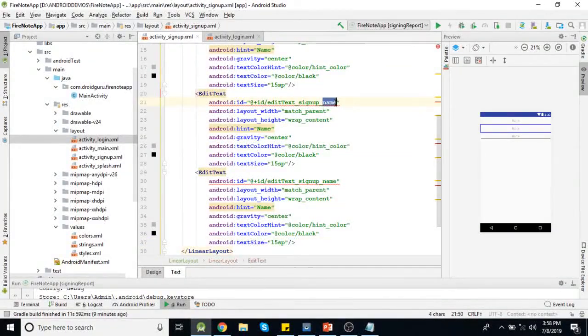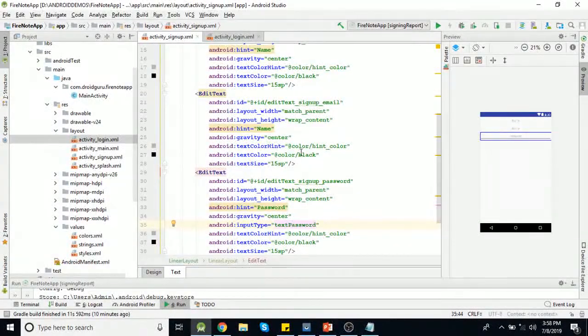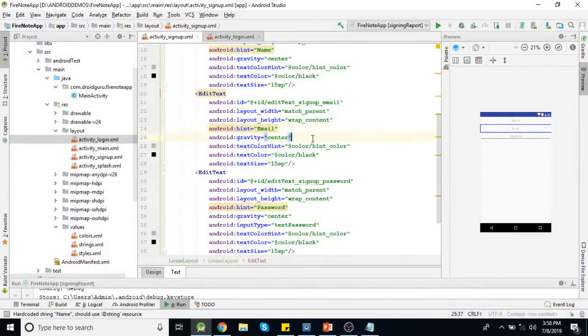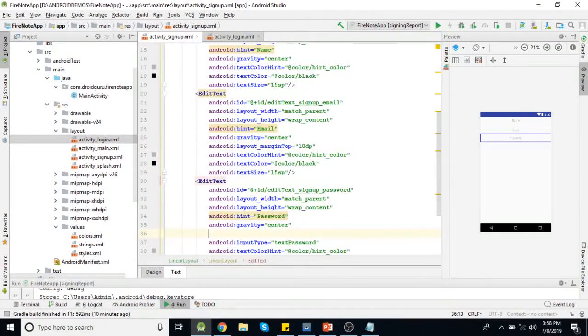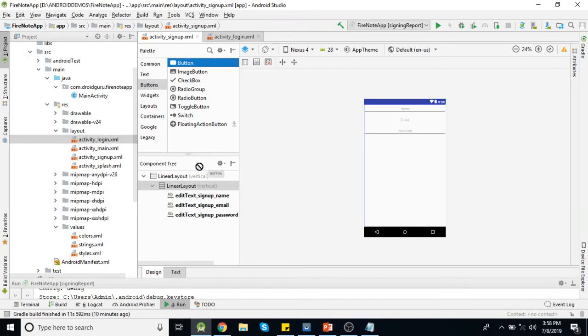So the second parameter will be email ID and the third field will be password. The hint will be password, and here also we need to change input type to text password. Then this hint will be email. Let's add some top margin. Then here also we need to add one button for the sign up process. So we'll add one button here.